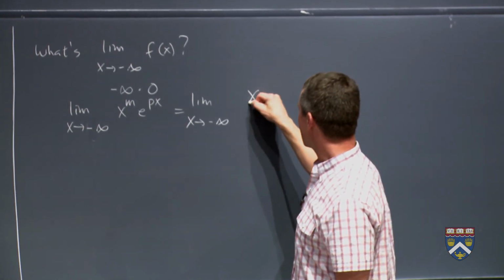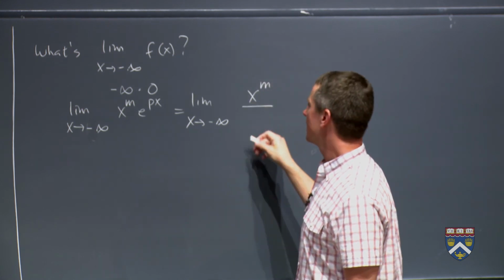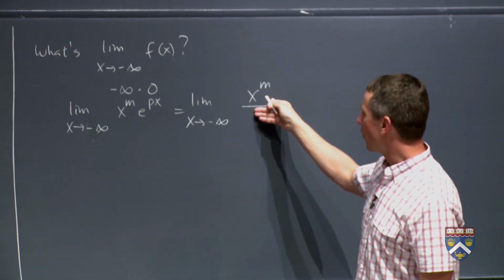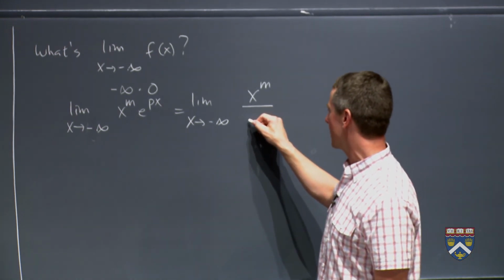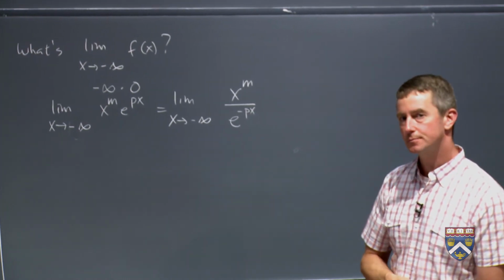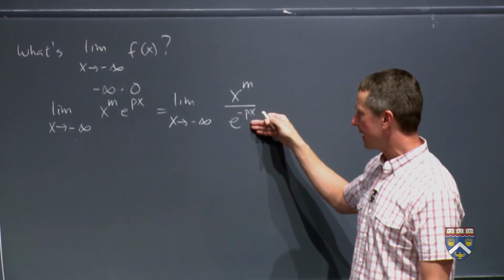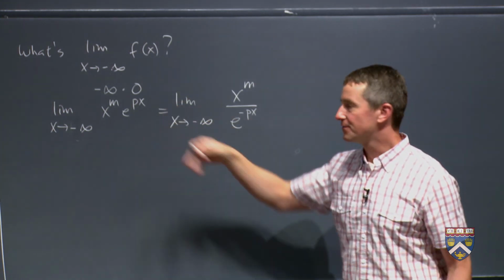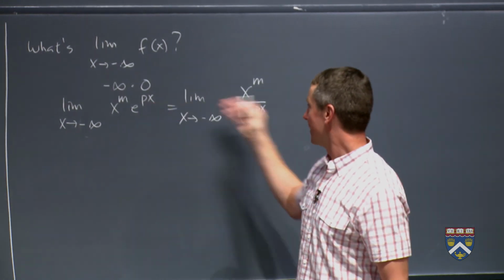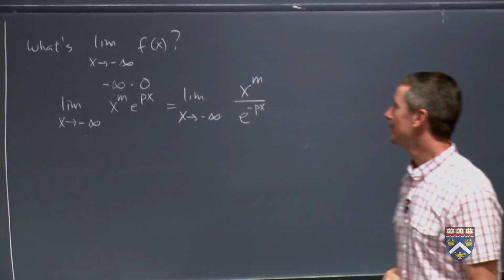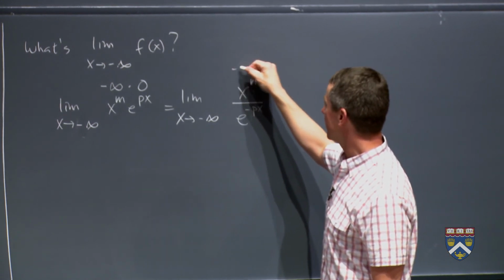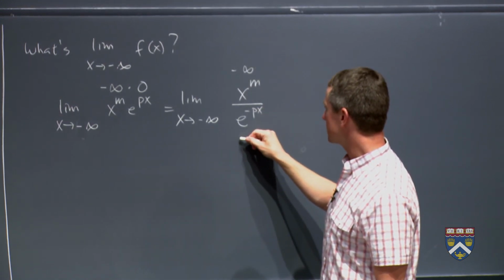So I can keep the x to the m on the top, and what would I have to write on the bottom? If I bring this to the bottom, that's like saying 1 over e to the px down here, which is the same as saying e to the negative px. This is the same as saying 1 over e to the px. So if I divide by 1 over e to the px, that's the same as just multiplying by e to the px. So this is exactly the same as this. But the nice thing is that now the top here is going to negative infinity, and the bottom is going to positive infinity,